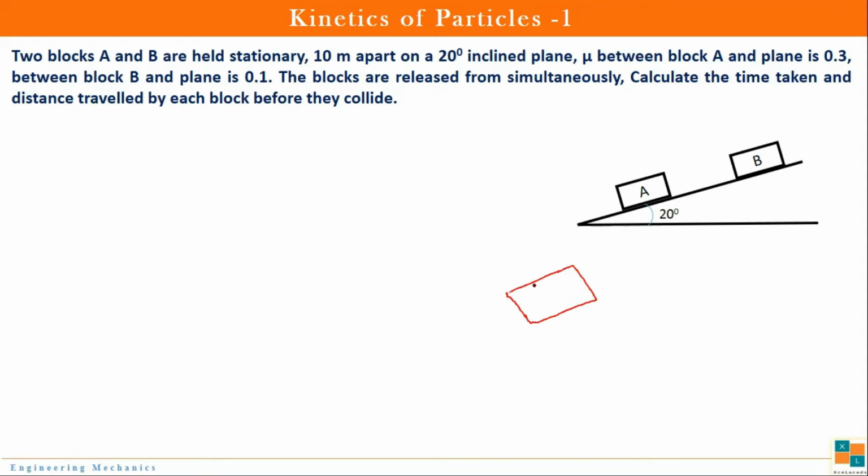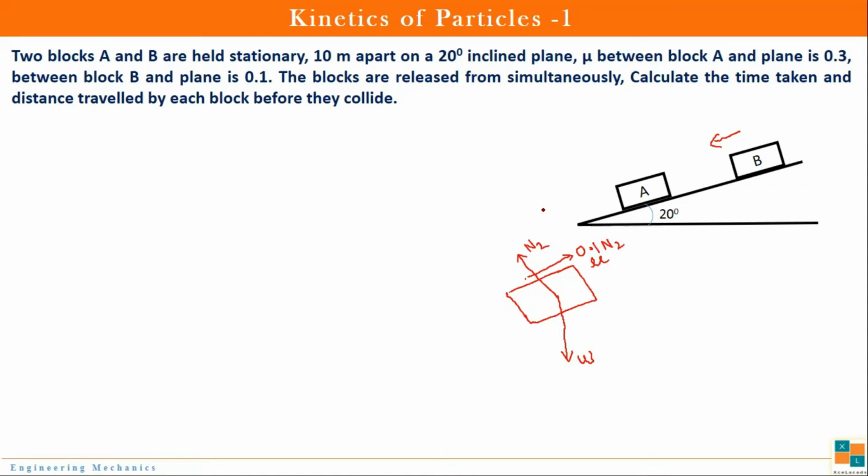The first force is the applied force, which is not available. Next is the self weight. Again, I will assume the weight of block B as W. Then next is the reaction from the contact surface, so it will be, let us say, N2. And the next one will be the friction force. Now as this block B is coming downside, the friction force will go upward with a value of 0.1 N2, where 0.1 is the value of mu. So with this we have completed showing all the forces acting on the body.